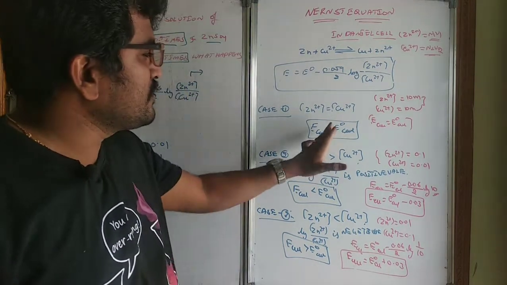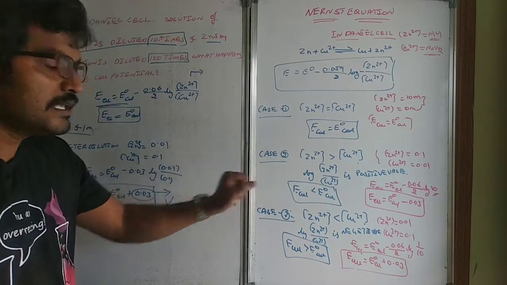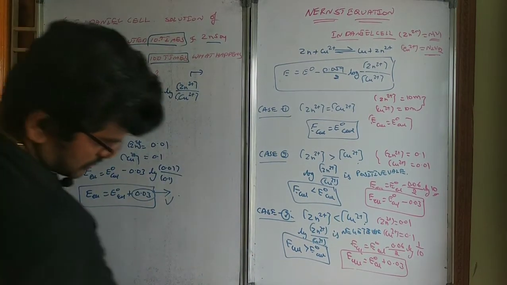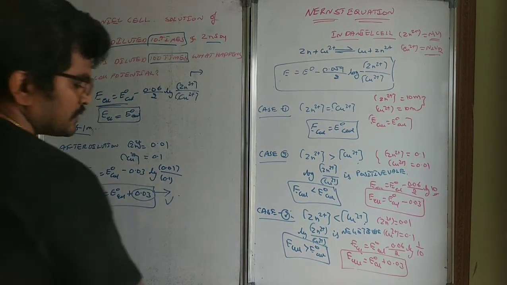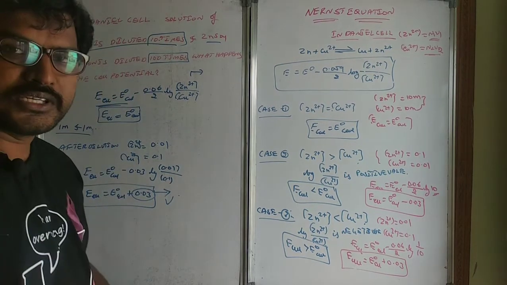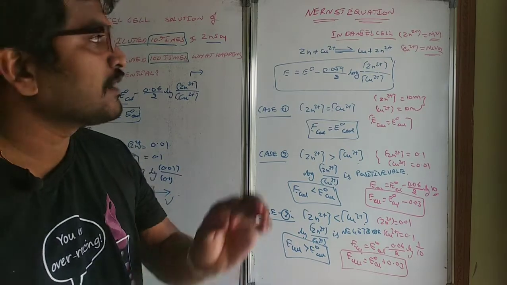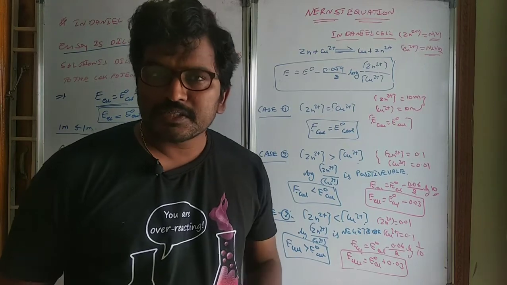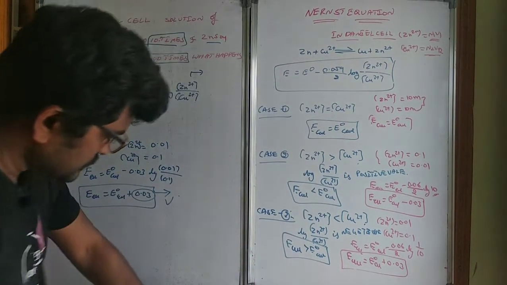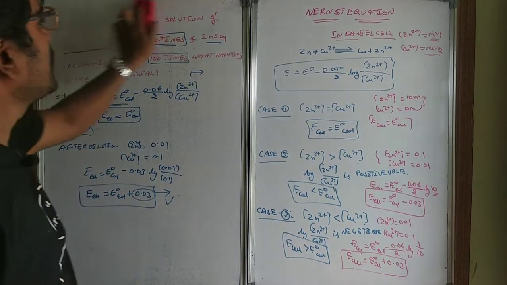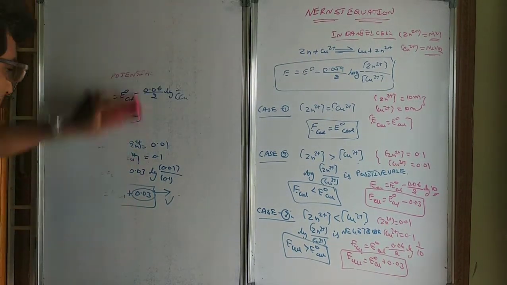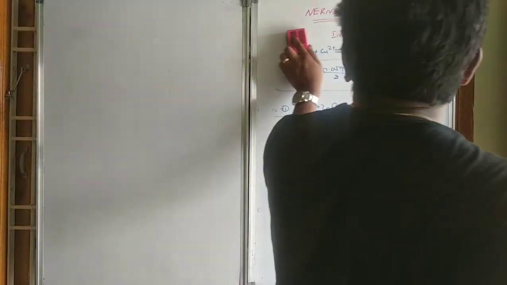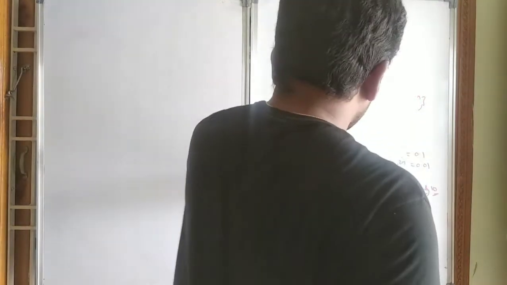This Nernst equation, when you apply it for these electrodes, it will be simple. But when you apply it for a hydrogen electrode, how is it going to change? Those things, when we are discussing the hydrogen electrode, I will explain. Like this, we can apply the Nernst equation to any kind of cell. Now let us discuss it for an electrode. For a particular electrode, how can we apply this Nernst equation? I will explain how to apply the Nernst equation for oxidation potential, and for reduction potential.